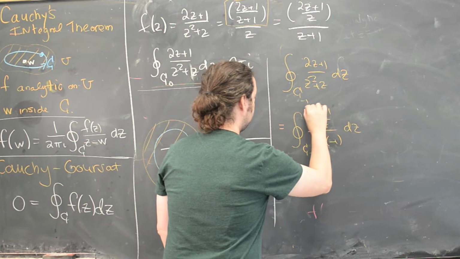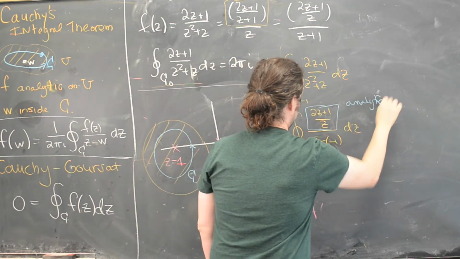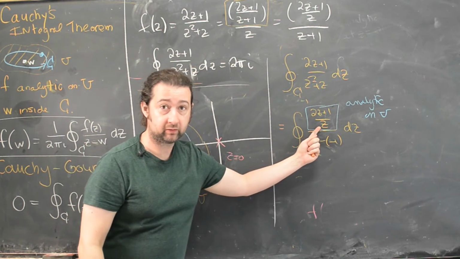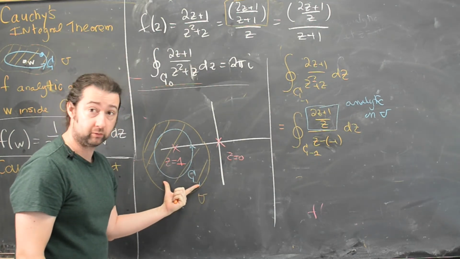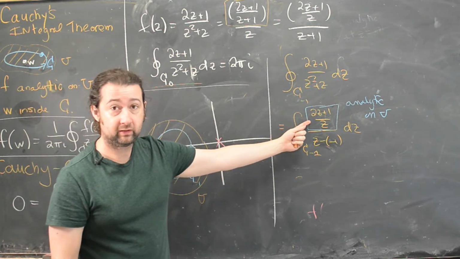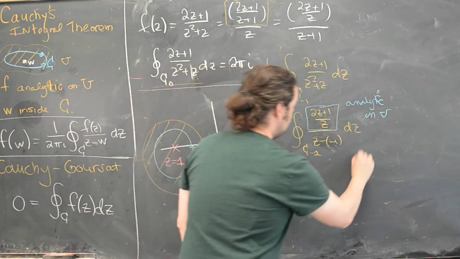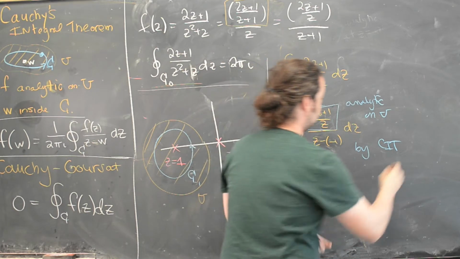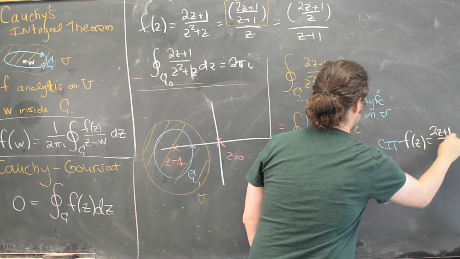Because this function is analytic on u. Because the only problem this function has is that z equals 0, and z equals 0 is not contained in the interval, or in this domain u. Since z equals 0 is not contained in the domain u, this function is analytic, and so the Cauchy Integral Theorem applies. So by the Cauchy Integral Theorem applied to the function f of z is equal to 2z plus 1 over z,